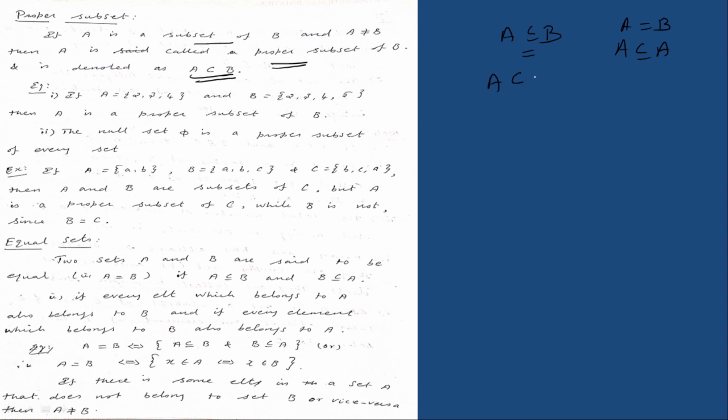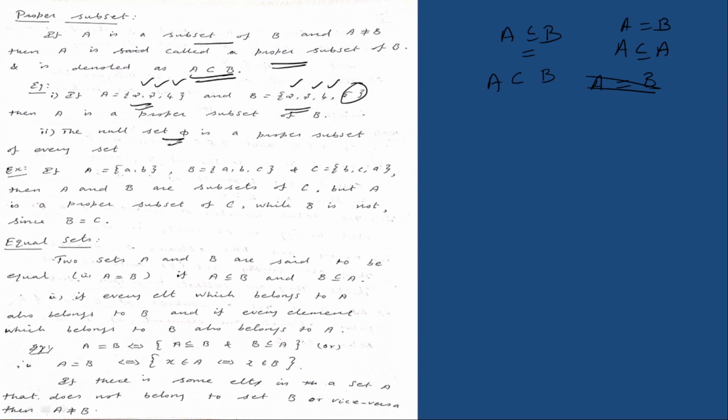A is a proper subset of B means that in no case do we have equality, A equal to B, between these two sets. So A is always a proper subset of B. That is the meaning. Look at this example. If A is the set 2, 3, 4 and B is the set 2, 3, 4, 5, B has one more element, that is 5. So A is a proper subset of B.